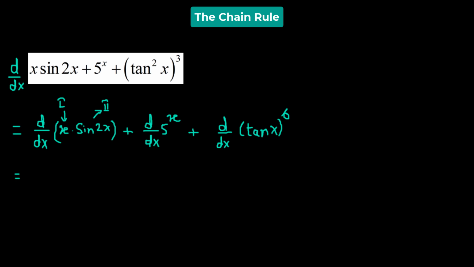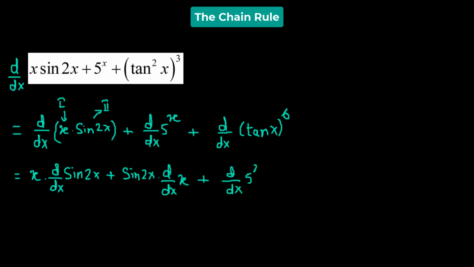So that will be equal to x times the derivative of the second function, which is sine 2x, plus the second function multiplied by the derivative of x, plus the derivative of 5 raised to the power of x, plus